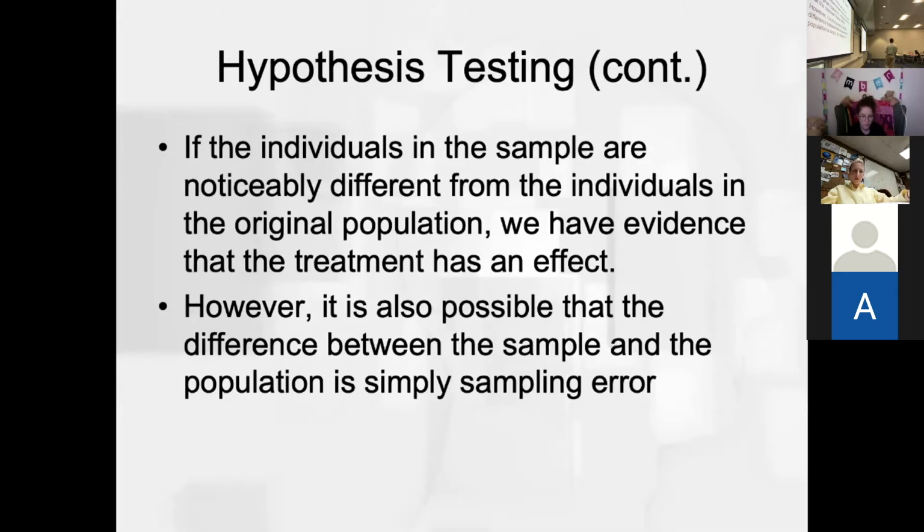However, like I've said repeatedly up to this point, it's also the case that anytime you sample from a population, you're going to get slight differences, slight variations. If I collect the average height of people walking down the street, I may get 5'6", and then I may get 5'7", and then I could get 5'4", and then I could get 5'6.5". You're just going to get slight variations. And so it could be the case that a difference you observe between the sample you selected and the known value of the population could be due just to sampling error.